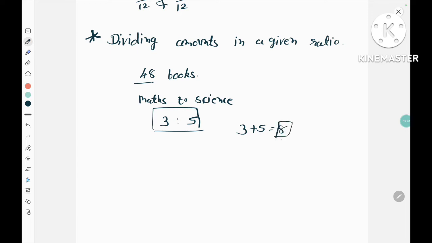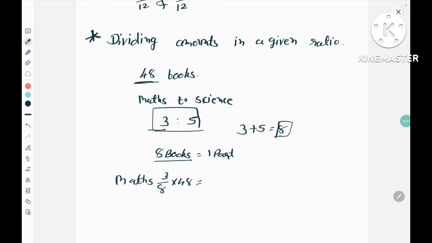So 8. This tells me 1 part equals how many books? Okay, 8 books equal 1 part. Okay, 1 part equals 8 books. So of the 48 books, how many parts does maths have? Maths has 3 parts out of 8, and times by 48,